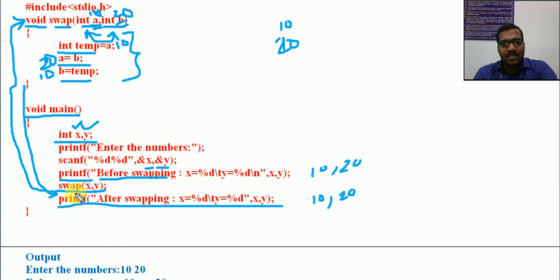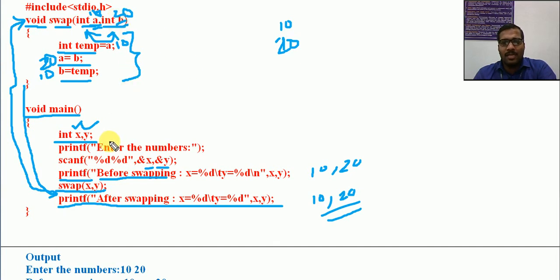That is why even after calling swap of x comma y, we get the same answer, because here x and y remain the same. So that is one issue related to pass by value. The swap program we will see later when we discuss pointers. In this situation we can use pass by reference. So this is an issue actually. When we are passing these values, only the copies are being passed. Now we can do one thing.